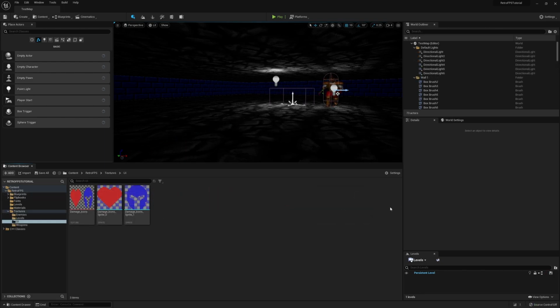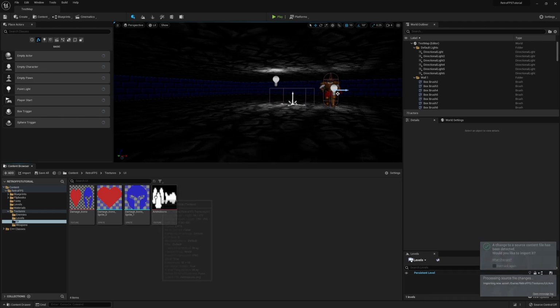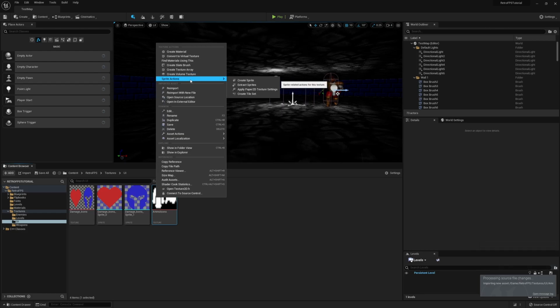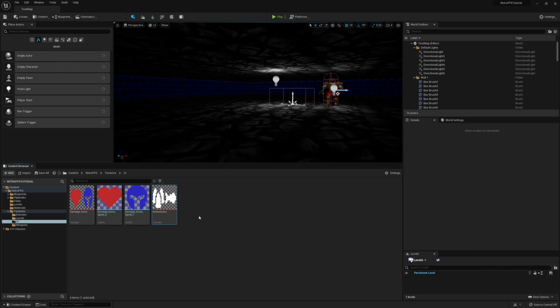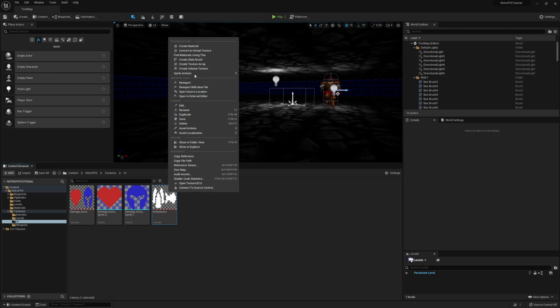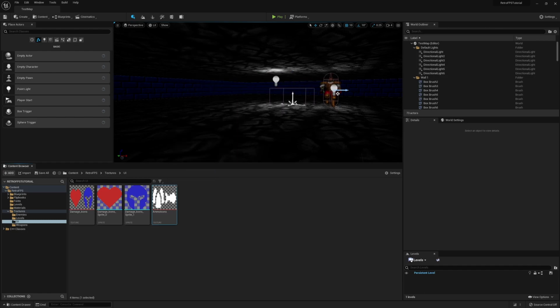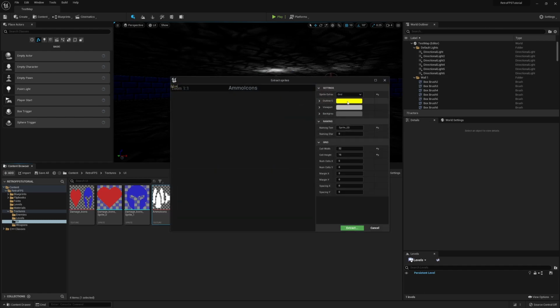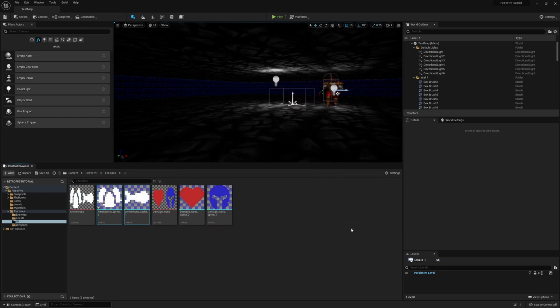So in the description of this video, you'll see a link to some files, and we're just going to take the ammo icons and paste them into our UI folder within the textures. And then we can just click the import, and then we'll right click that, go to Sprite Actions, apply the Paper 2D texture settings, and then right click again, and we will extract the sprites. And we're going to choose Grid, and we're going to just make it 16 by 16.